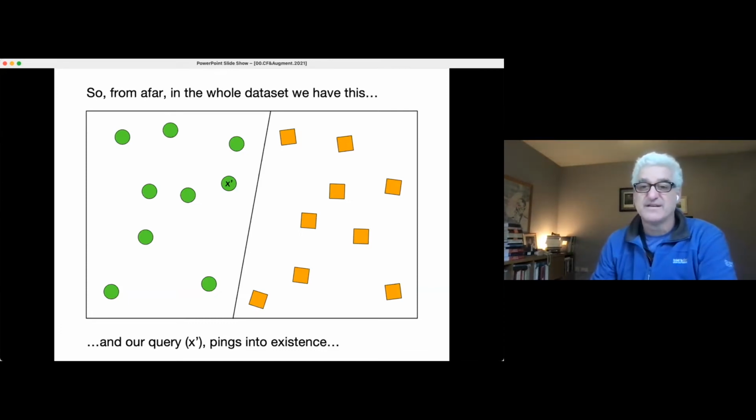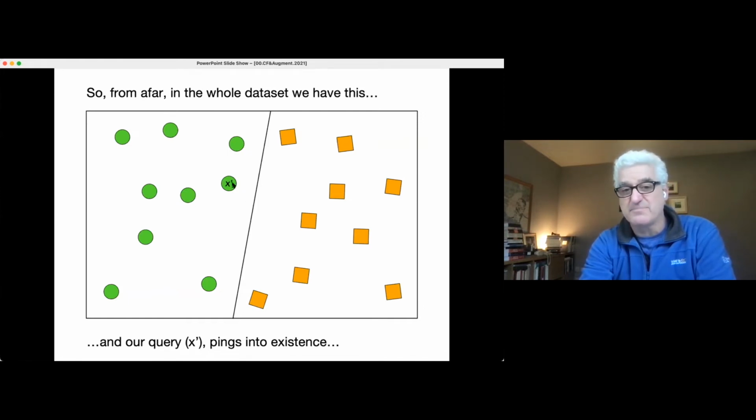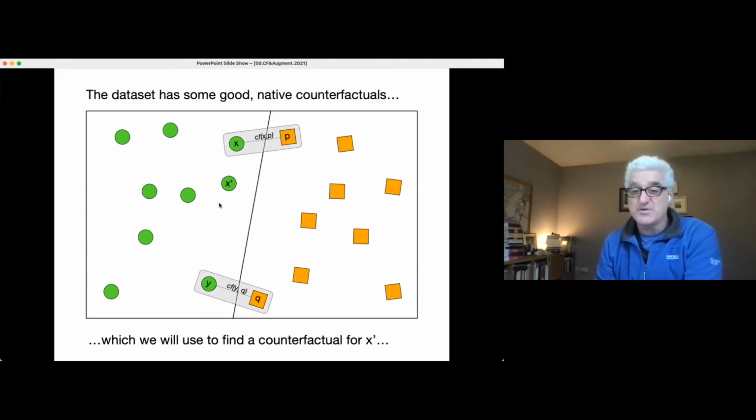So here we have a classic data set. We've two classes, a green circle class and an orange square class. And our query, which is the one about me, pings into view here. One of the things we do with this method, of course, is compute these native counterfactuals. So we look at the data set, we find these close pairings between data points on either side of the boundary, and we connect them up,